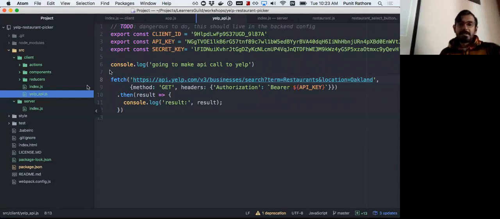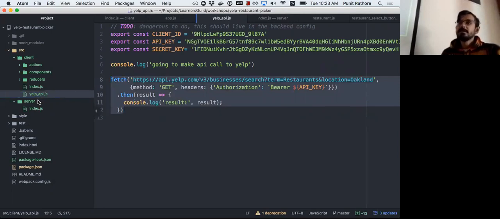We have this file which has the call to Yelp in the client folder. So we created a new folder called server. Remember, we had a folder called client with all of our stuff in it. What we're going to do is move this Yelp API file into the server folder. Just drag and drop it into this. And now in here,